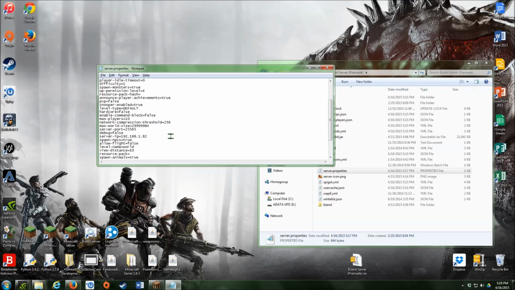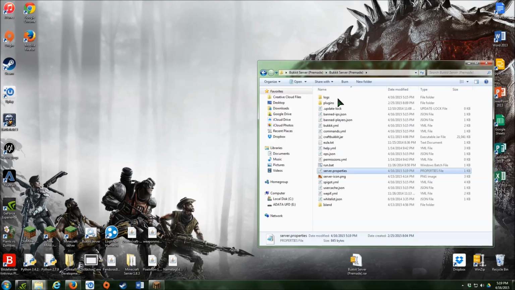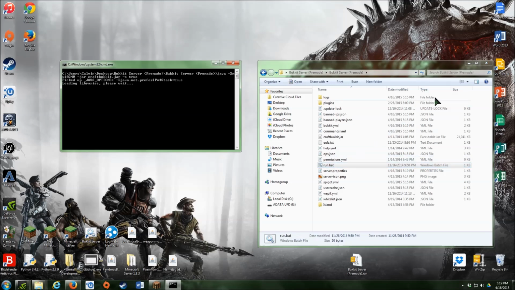the level name right here. Level name. And right now it's set to world, but you're going to want to change that to equal the name of the world folder that you put in. So for me it is island, because the world is just an island. So after you do that, you do save. You can exit. Now when you run your server,